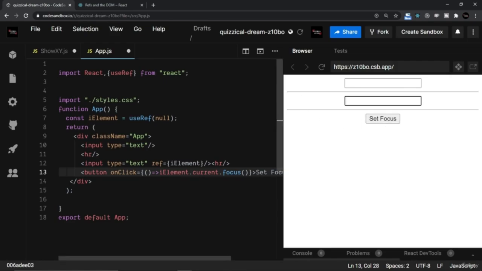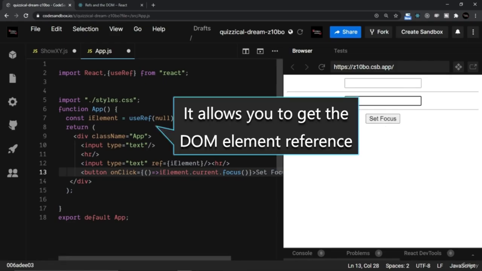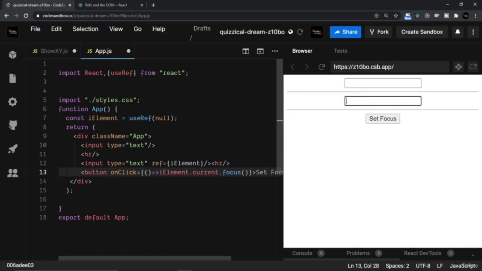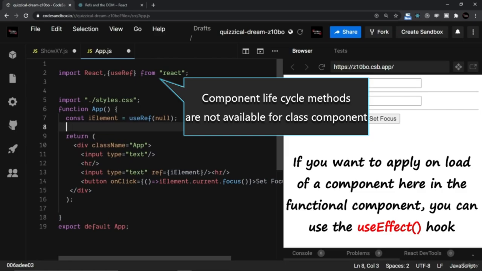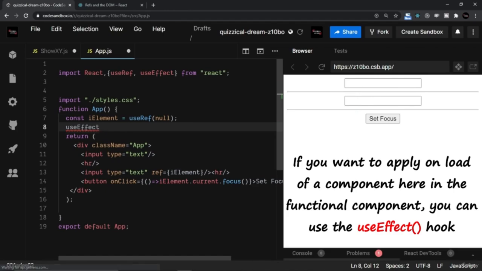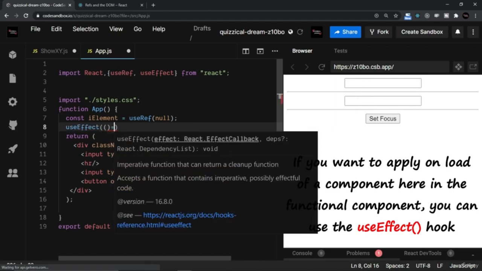So it's very simple to use the useRef hook, use reference hook, which allows you to get the DOM element reference, and you can access the way you want to. But as the documentation says, we have various ways to access these DOM elements, so we do not overuse the reference feature. In case you want to apply on load of a component, you do not have the component lifecycle here. What you can do is you can use the useEffect hook,